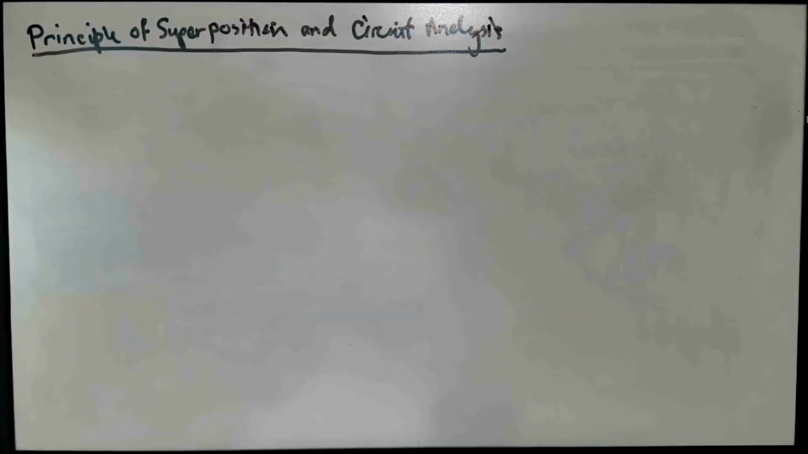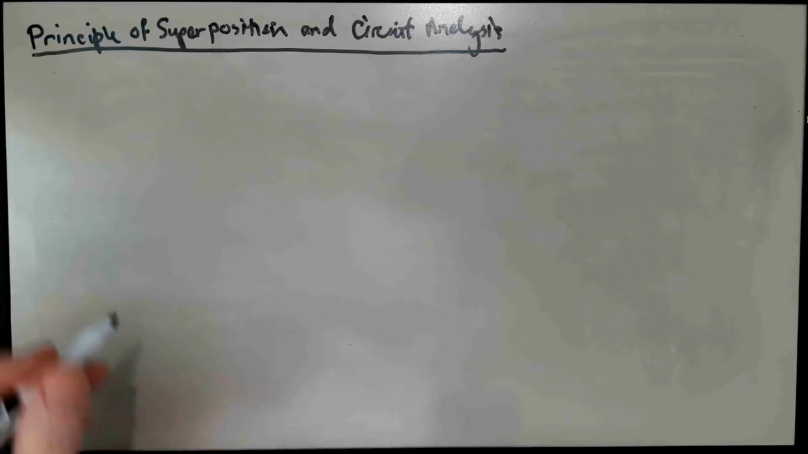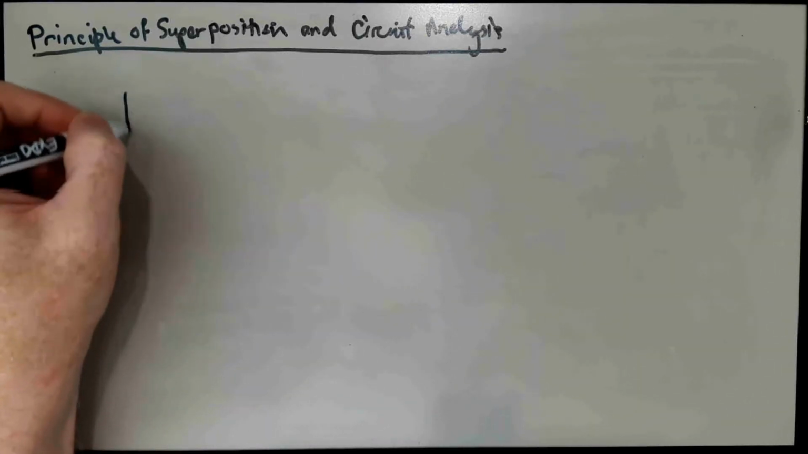Now, you may have run across this principle of superposition before. You might not have, depending on whether you've taken QEA or not. But basically, this is taken by some people to be the defining principle for linear systems. And linear circuits are types of linear systems. And so the basic idea is, if I have a linear system,